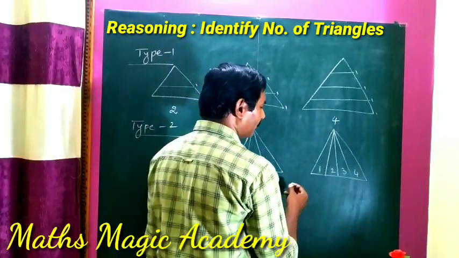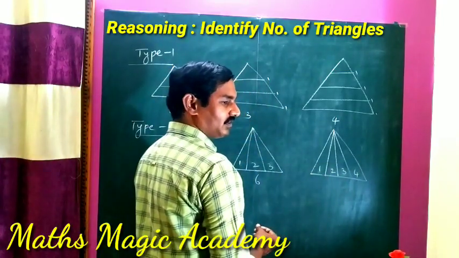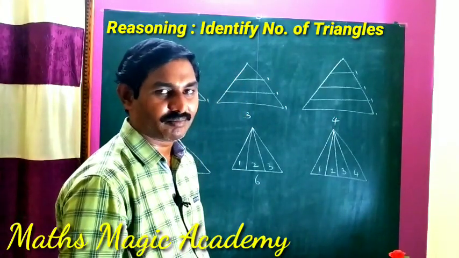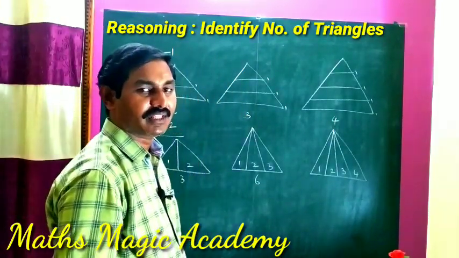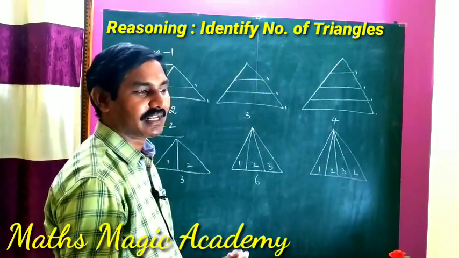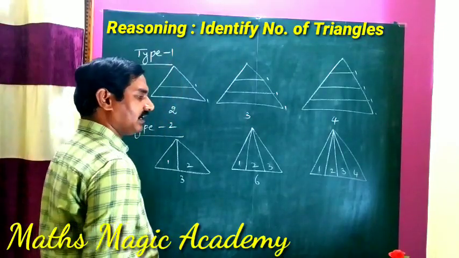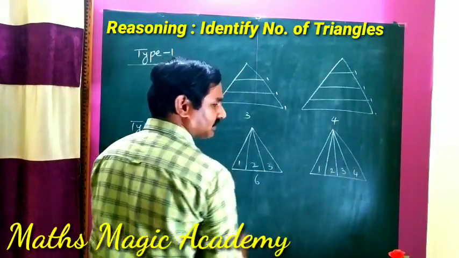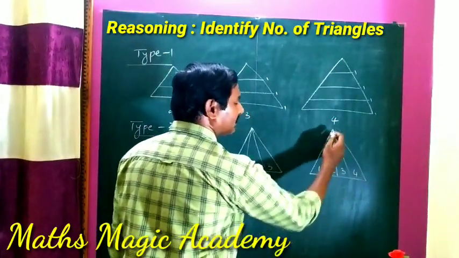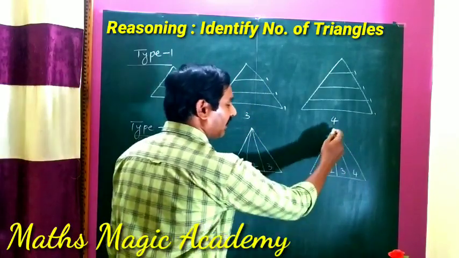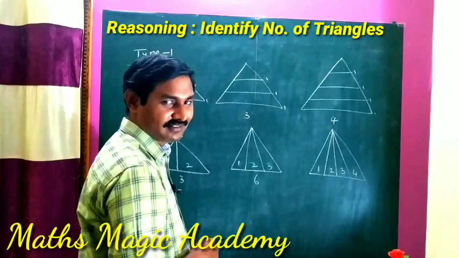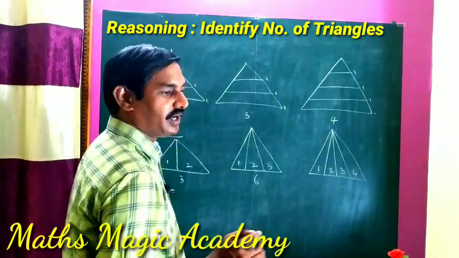But if it keeps increasing, then we cannot calculate easily. And in competitive examinations the time is not sufficient; for every bit they may give very little time, less than 1 minute. Within less than 1 minute we cannot do all those things. Like 4 triangles, here 5 triangles, from this 6 triangles, from this 7, from this 8, from this 9 triangles. Like that we cannot calculate. It will take so much time, so we have to find a logic.